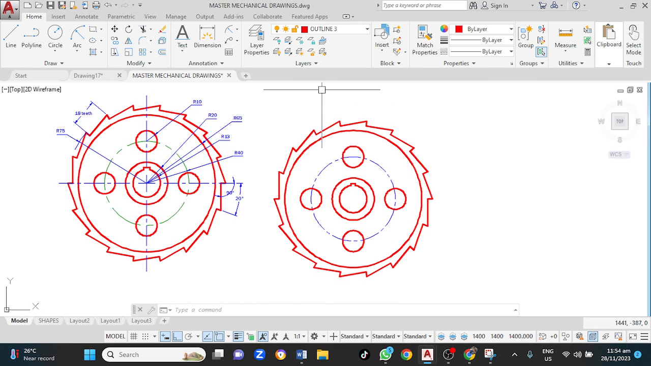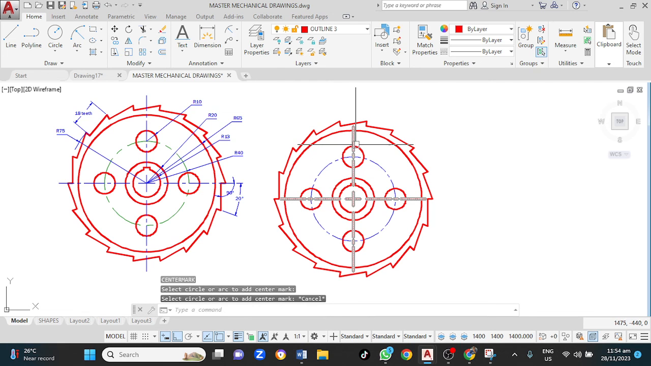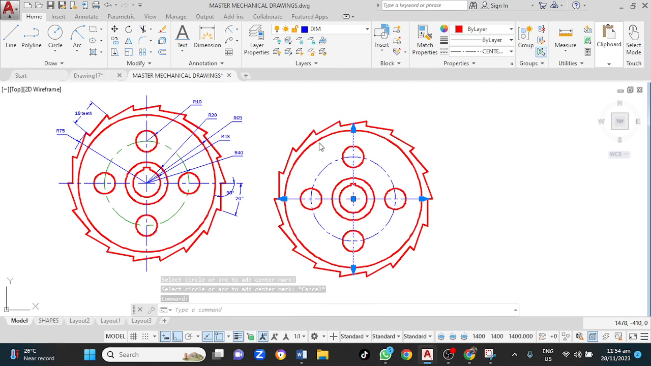Then I could add my center mark. CM for center mark, enter. Click on this circle. That is done. But I did this on the wrong type of layer. It should be done like that. So that's pretty much that. That is what it is done. All that is needed here is to add your dimension to it. But I don't think I'll be going into that now. So that's how it's